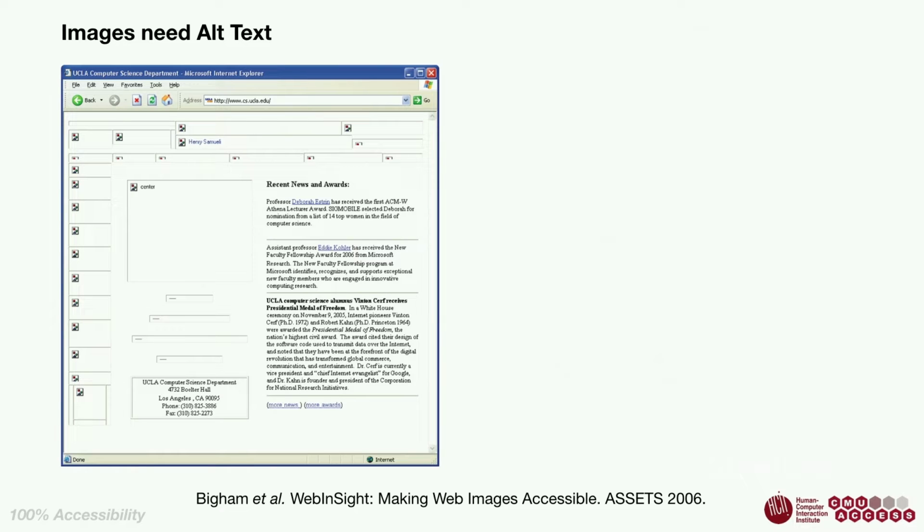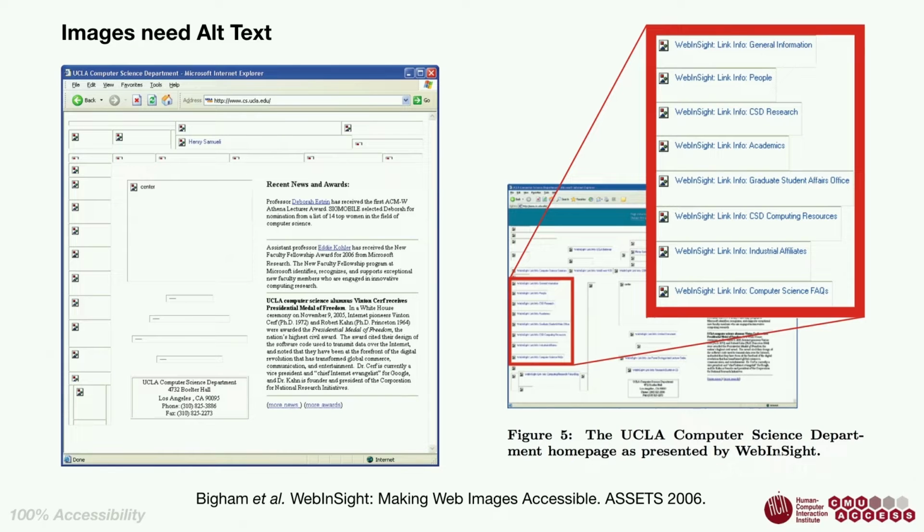So one of the challenges is that there are persistent problems in creating that representation that any of these accessibility tools can actually work over. One of my first projects in graduate school looked at making the images on web pages create an alternative textual description so that the screen reader could read them. I think this is the UCLA website, and basically all of the text and all of the navigation information on this website were images, so the screen reader had no idea what they were. And so we came up with a number of approaches to try to fix this.